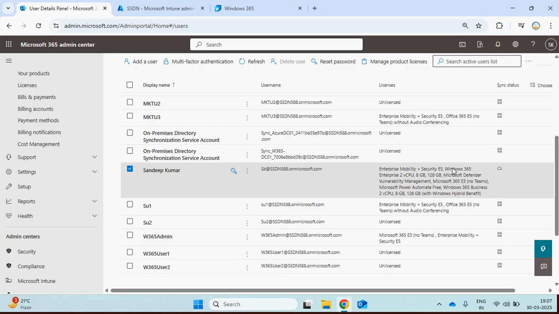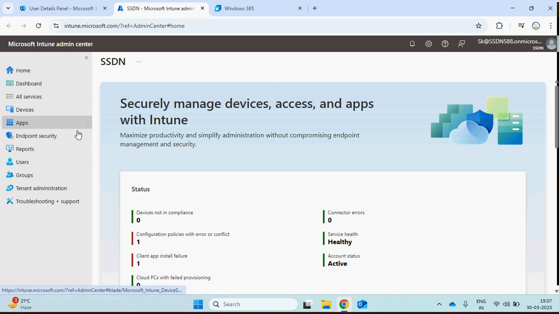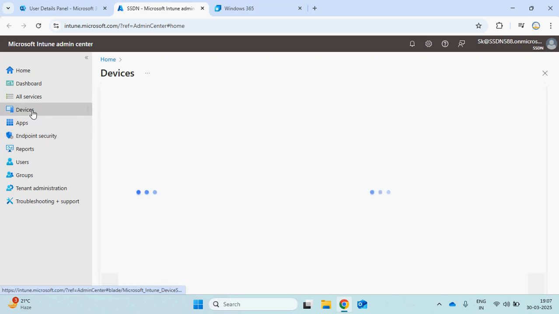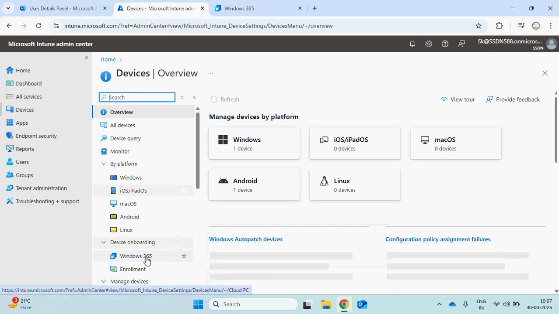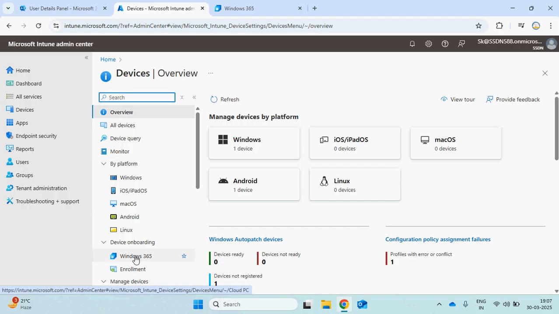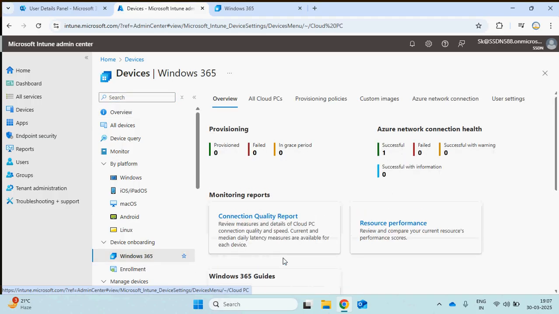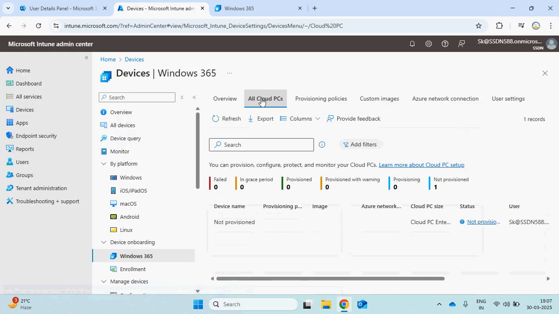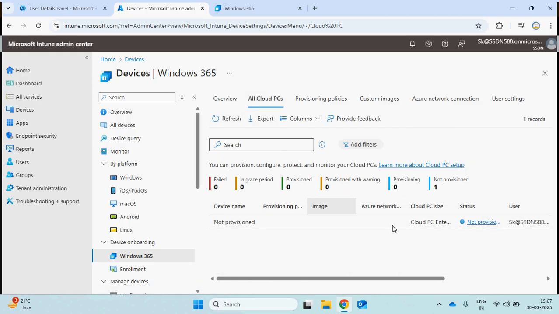Windows 365 Enterprise cloud PCs will not be automatically provisioned, so for that we have to log into the Intune portal. In the Intune portal, go to Devices. Under Devices, you can see the option called Windows 365. If you click here, you can see all your cloud PCs. The business one you don't see here. I have a license, but there is no provisioning of the cloud PC for me, because to provision a cloud PC you need provisioning policies.